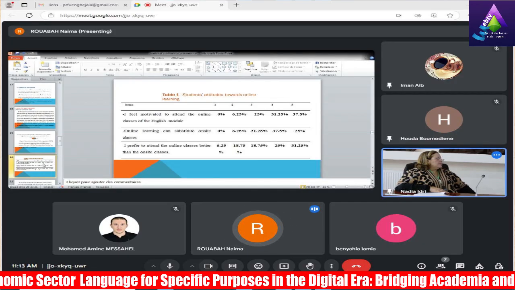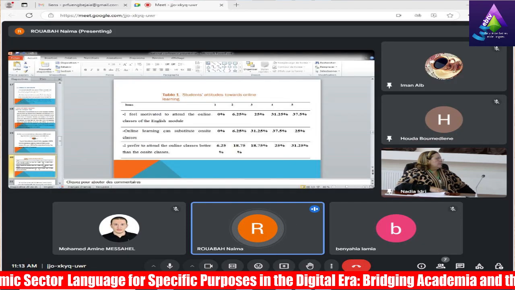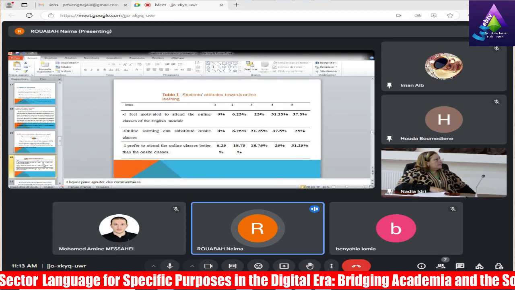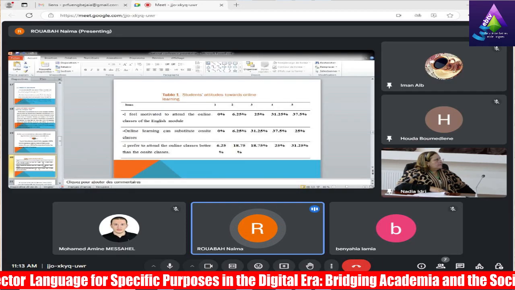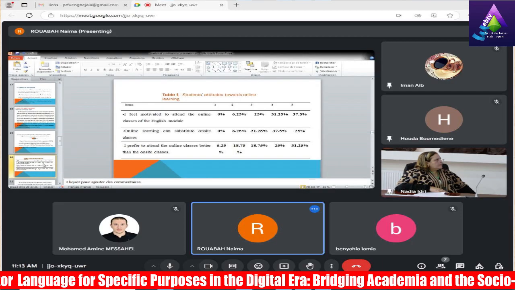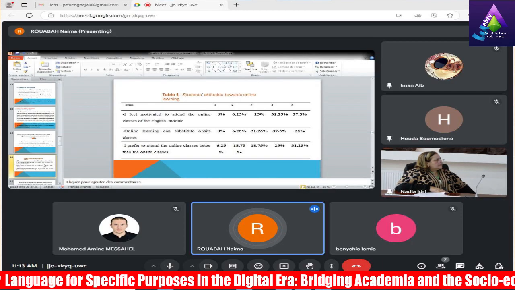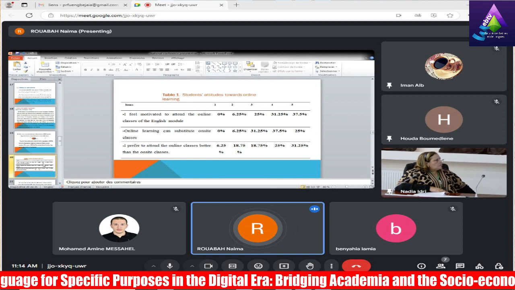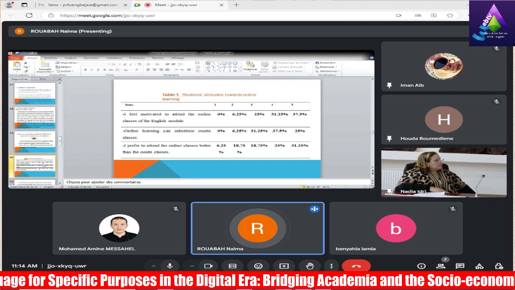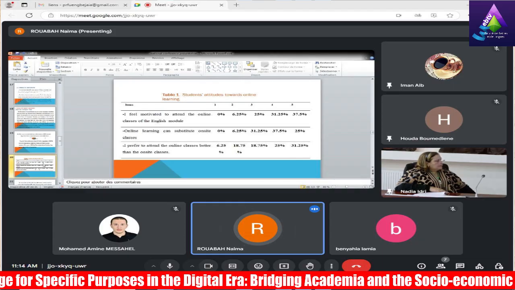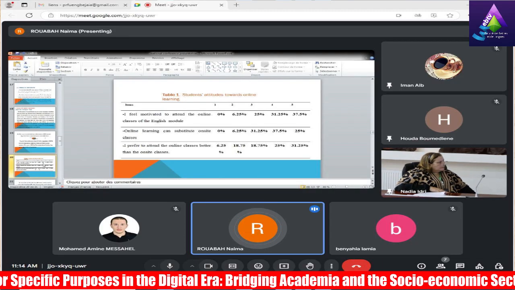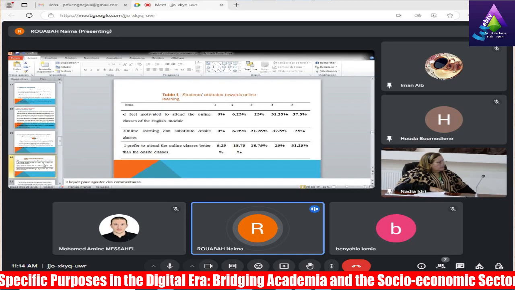It is ranked from 1 to 5, from strongly disagree to strongly agree. We can deduce from the table that the vast majority of the participants agree that they feel motivated to attend the online classes of the English module. And also, they think that online learning can substitute offline classes.